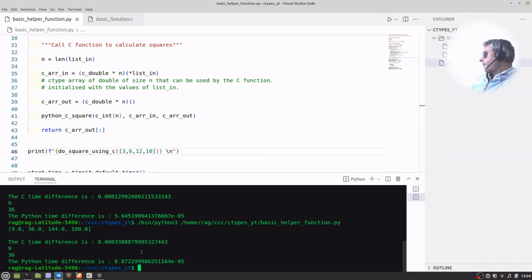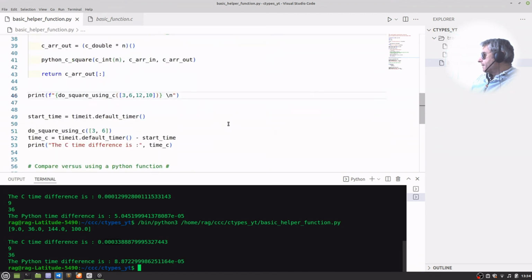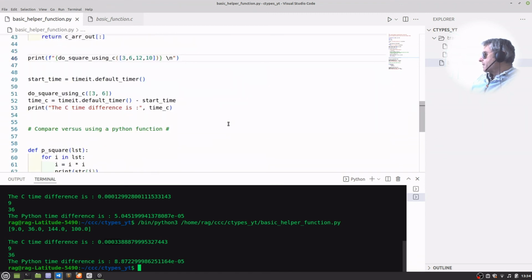Okay, so I've used timeit, and there you can see that it's taken... why is it doing it in different formats on here than what it was doing before? Don't know. Let's just see. Here we go. So the time difference in C